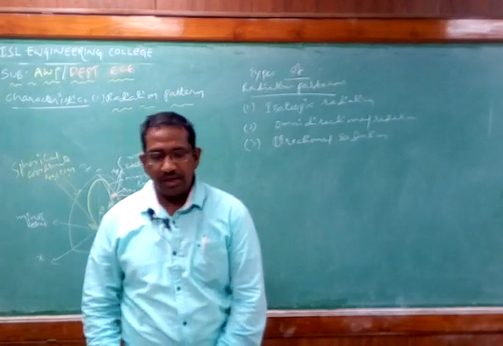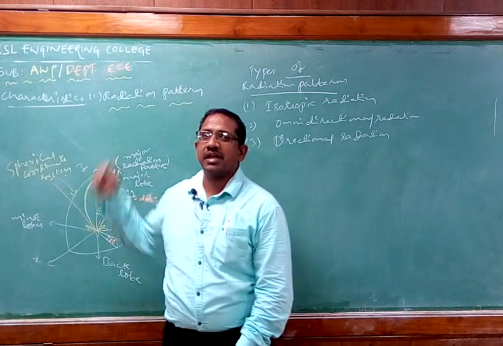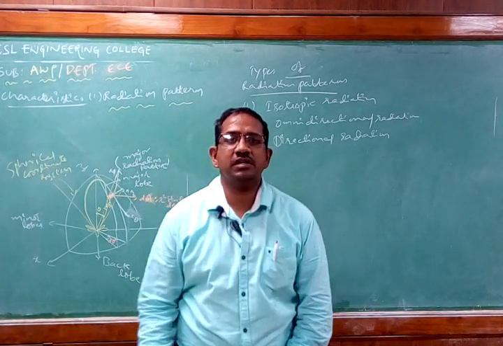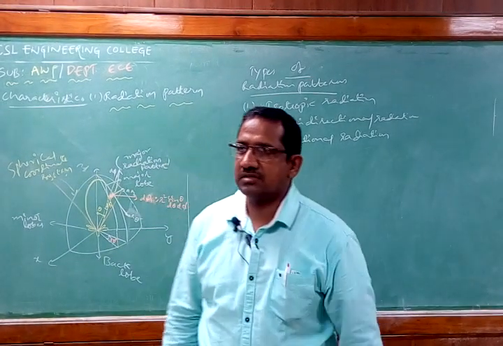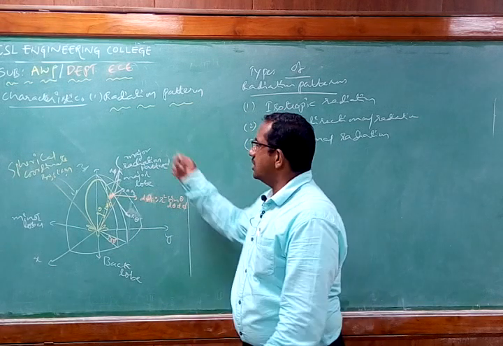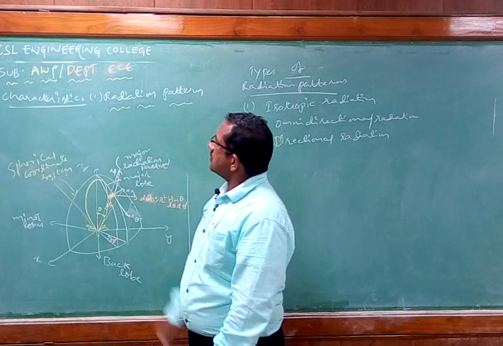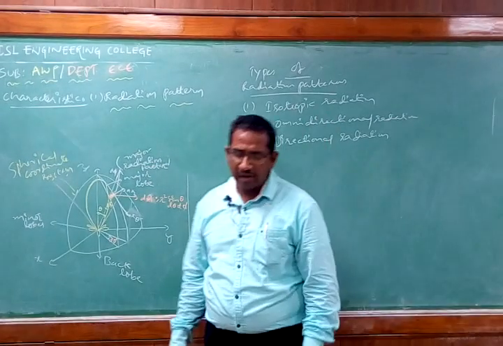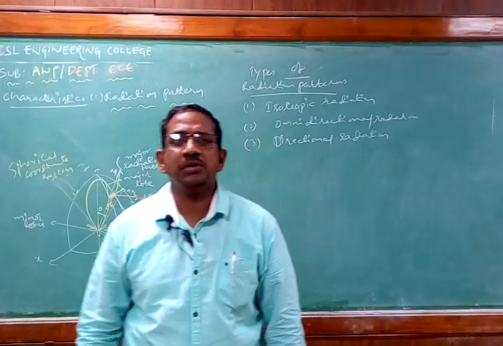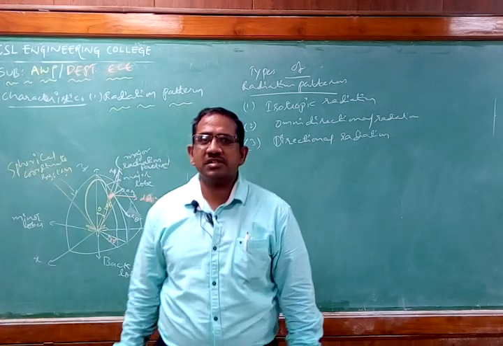Right? In the very beginning class I just touched on the various characteristics. I just explained the need for each characteristic and what it is all about. Now we go through the characteristics in detail. So the first and foremost important characteristic of an antenna is the radiation pattern. Now what is radiation pattern?